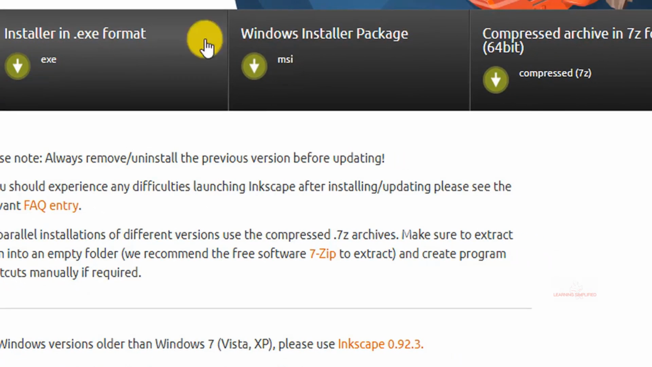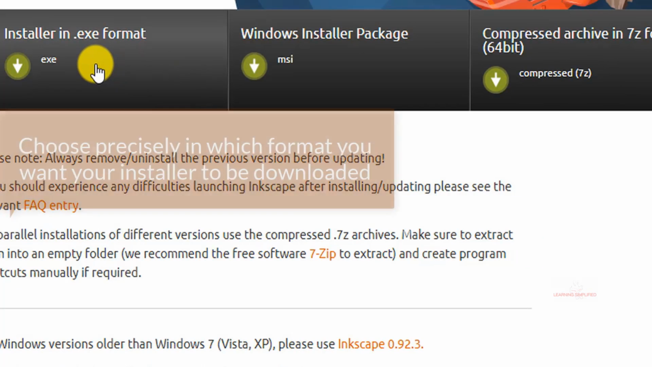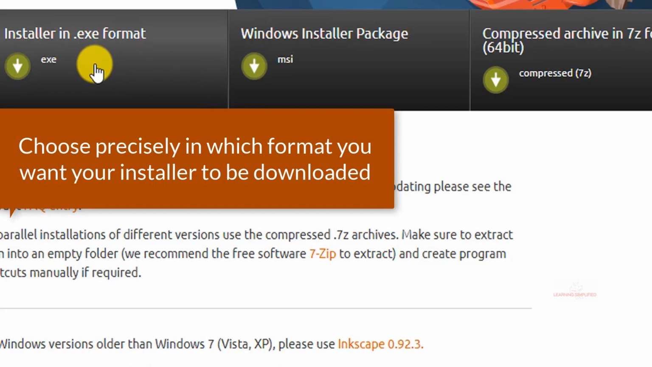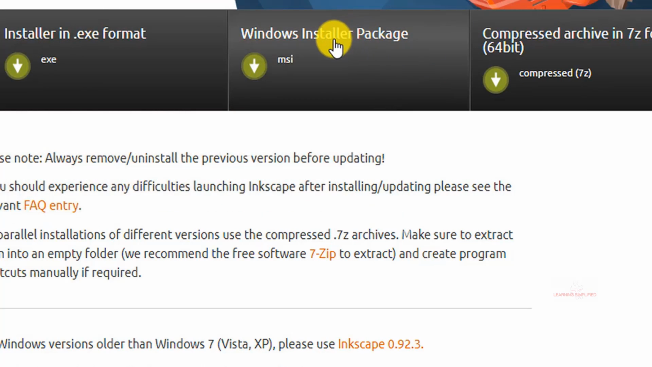Now here comes the option, which one precisely do you wish to continue with. Like this is the installer in .exe format, this is the installer in MSI package, and this is the compressed archive in 7z format. So all these formats have been prescribed right over here, and among them I will be choosing this .exe, but you might choose this MSI or this compressed format, whatever you wish. Now if we click on this .exe format,